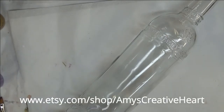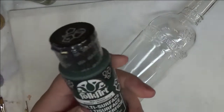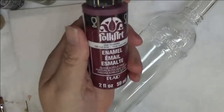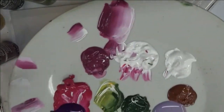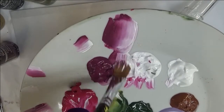So the paint I will be using today is Forest Moss, Thicket, School Bus Yellow, Tea Berry, which I absolutely love, and let's see, did I forget anything? Oh yes, my Wicker White. I've been doing some other projects, so I kind of forgot what I was actually doing here as far as which paints. Alright, so I'm going to go ahead and use the Tea Berry and the Wicker White, and I'm going